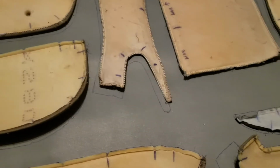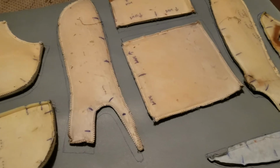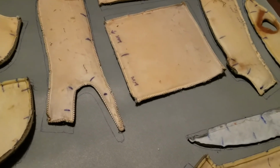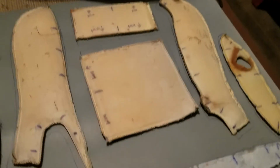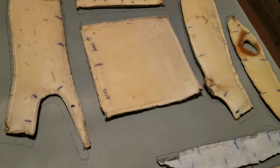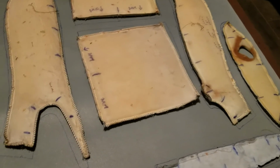I never had any issue with it. Chalk is cool too, you can use that if you want. Crayon, pencil, whatever you want to use. I use a permanent marker. But I'm just telling you, don't use it if you're going to mark in the middle of the fabric. That's a no-no. So anyway,